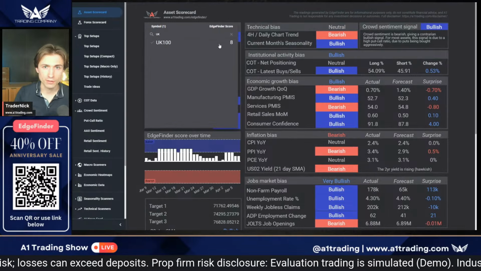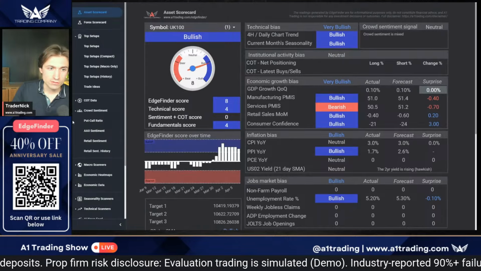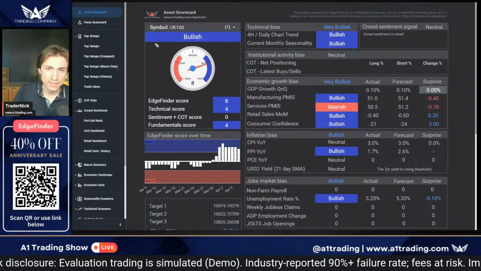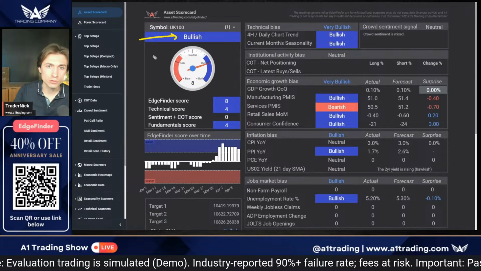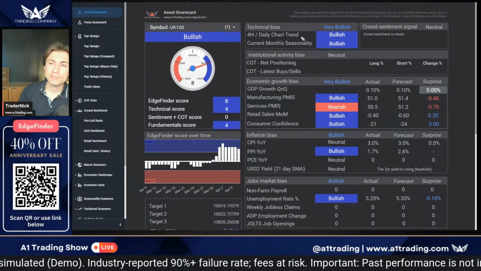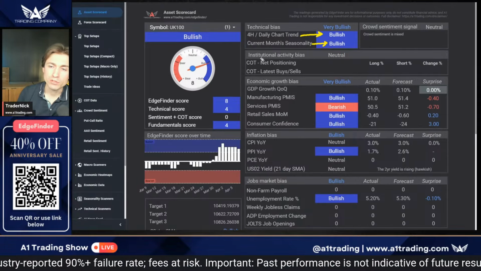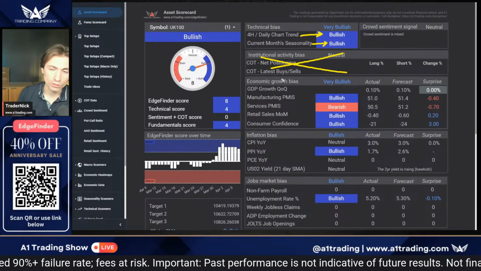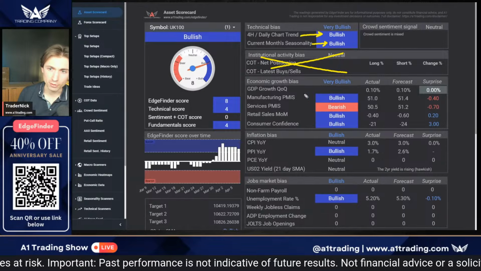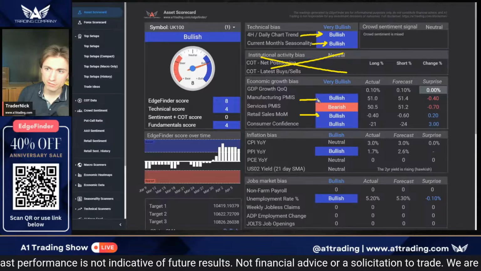So let me see, UK 100. UK 100 is getting a really solid score here. Take a look at this. So fundamentals looking okay. I don't even remember the last time I have taken a close look at UK 100, the FTSE. Let's take a look at it. So technicals look good. Seasonality looks good. We don't have COT data for the FTSE. It's not something available. If we take a look at retail sales, better than expected. Manufacturing PMI is better,